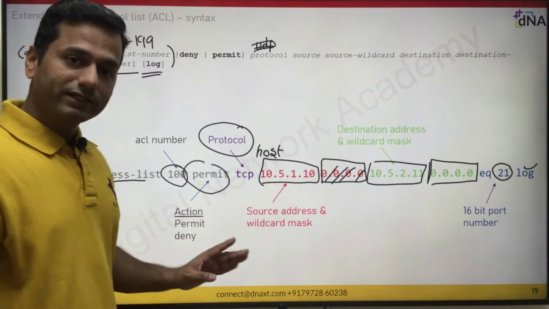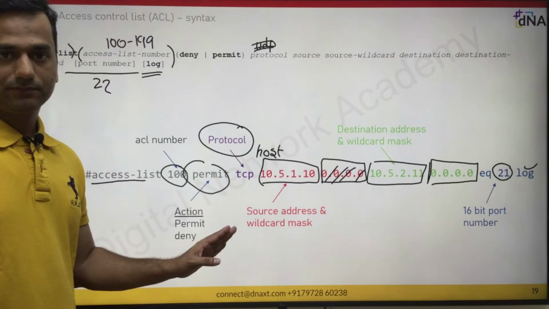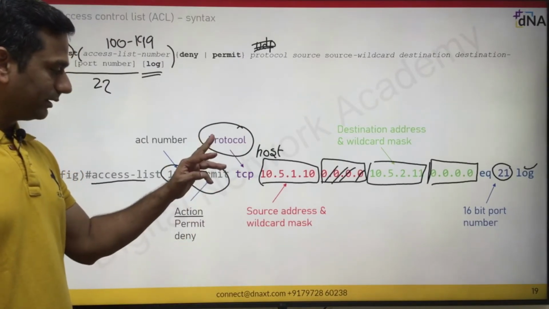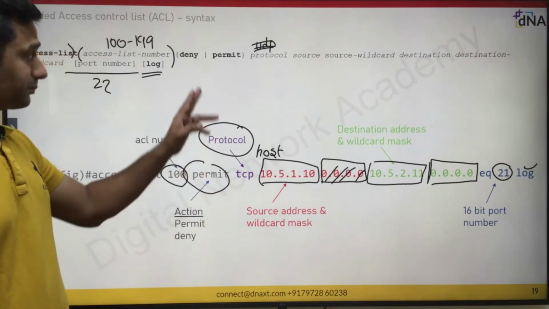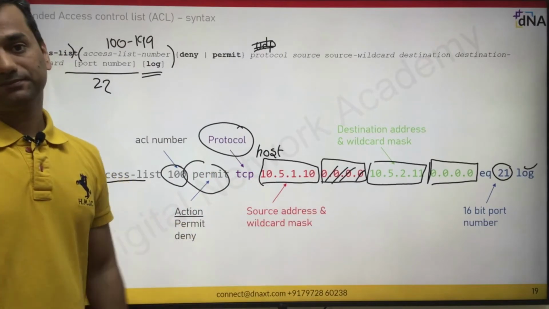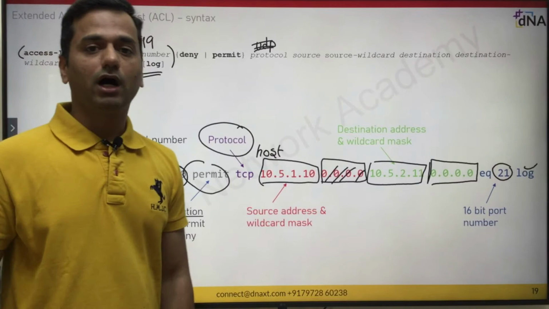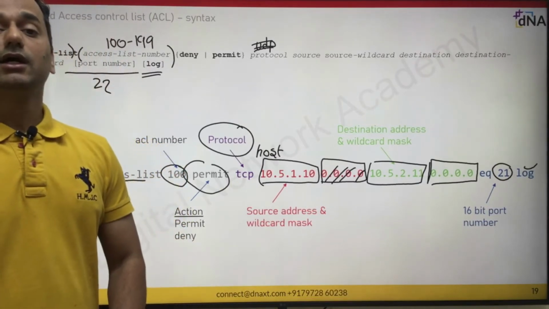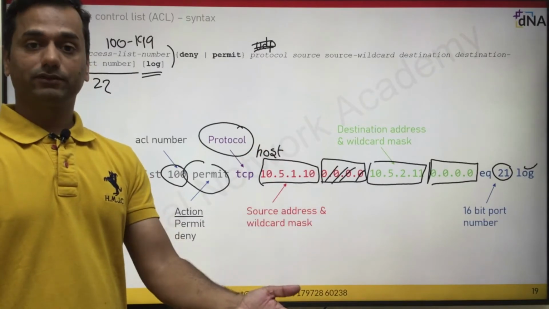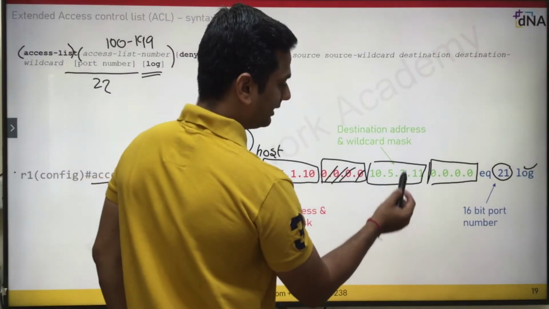Clear? If you want, guys, you can add a remark or description to the ACL. After 100 there is one field, permit or deny, and another field is your remark. So through remark you can add a description. Now one thing guys, if I would like to match a particular subnet as a destination, you have to go with the wildcard bit. You have to use a wildcard. So in this case, consider I would like to allow the entire 5 network.